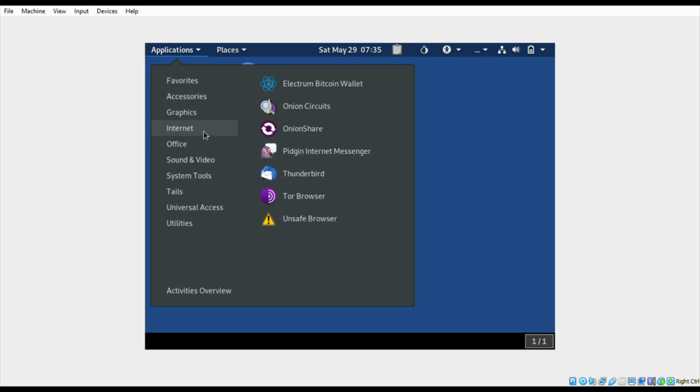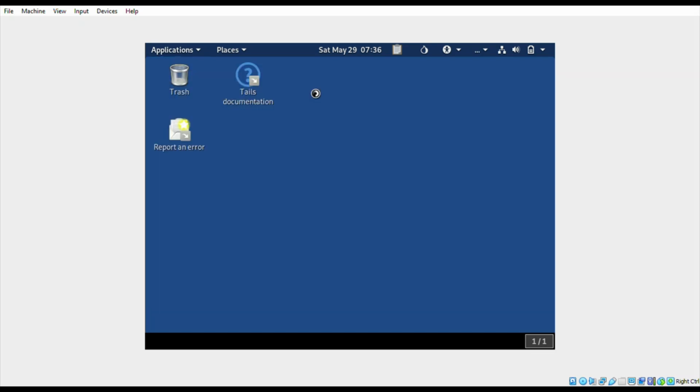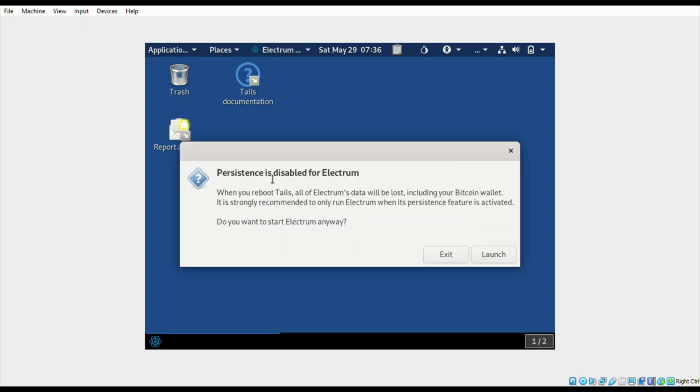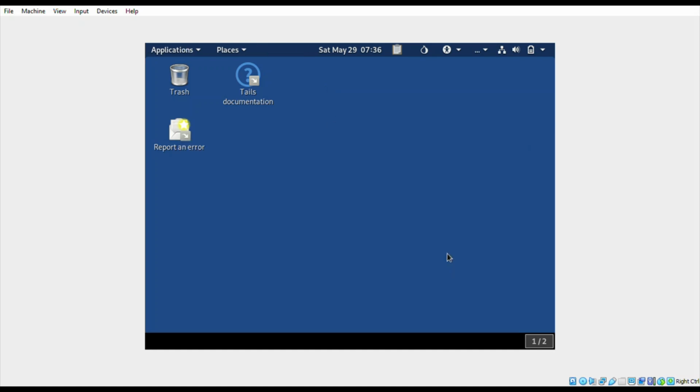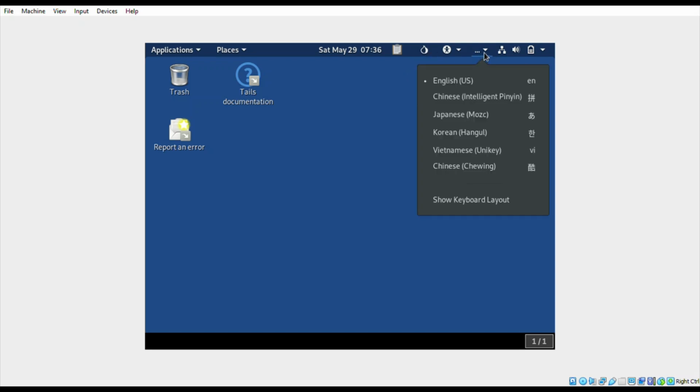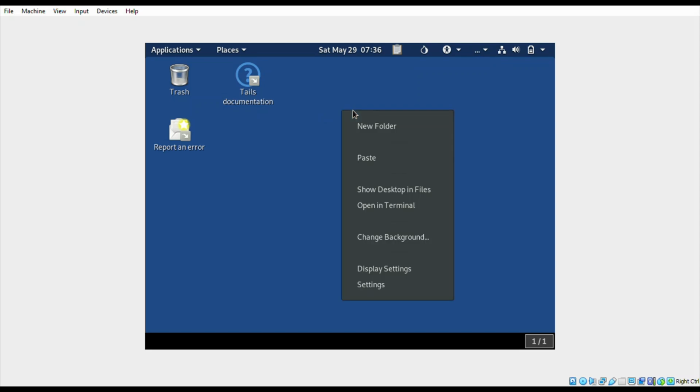This Electrum Bitcoin wallet is a Bitcoin wallet specially used in Tails OS. We can put some Bitcoin in there, add to your wallet and make transactions. This is a very safe transaction system, and it is safe to store your Bitcoins here, so no one is able to access it nor mine it. You can see the error that it will open only if we add it to persistent storage, so we can encrypt them in a different manner, and even if someone logs into Tails they can't access them.